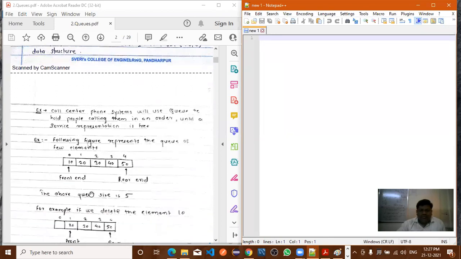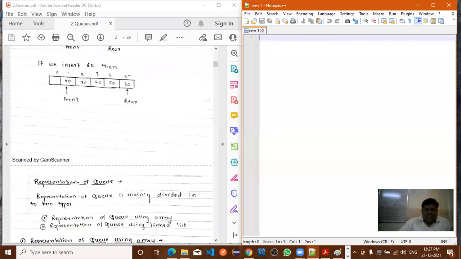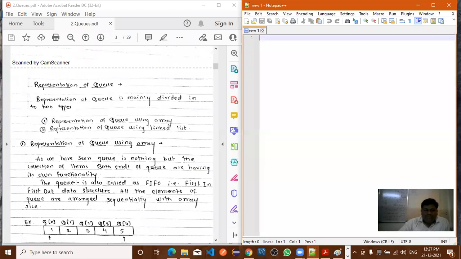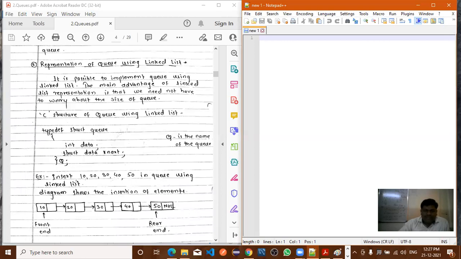We discussed simple examples, considering the 5 elements 10, 20, 30, 40, and 50. We inserted the elements using the rear pointer initially, and after that we deleted the elements using the front pointer. Implementation of the same we have also completed, so we have already implemented this linear queue.